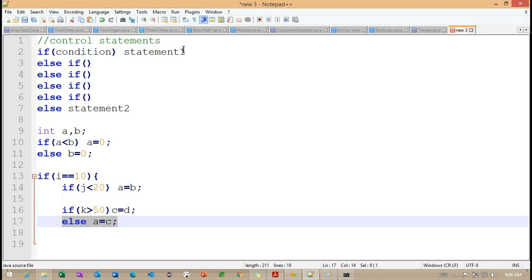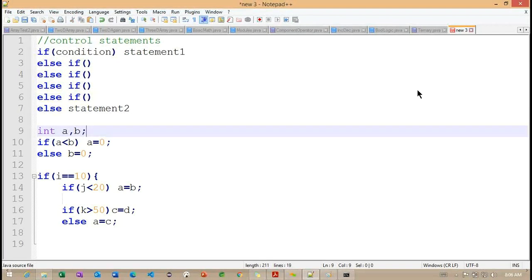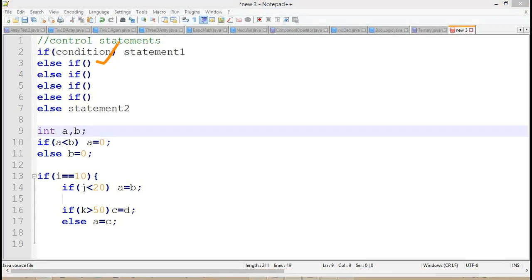Observe carefully how many types of conditionals we can define here. The first one, we can define this condition. If you want to write multiple conditional blocks here, what happens internally? Only one condition is going to execute. For example, the second condition is satisfied, so the remaining conditional blocks are ignored. In some cases, the first condition is satisfied, and all the remaining cases are ignored here.